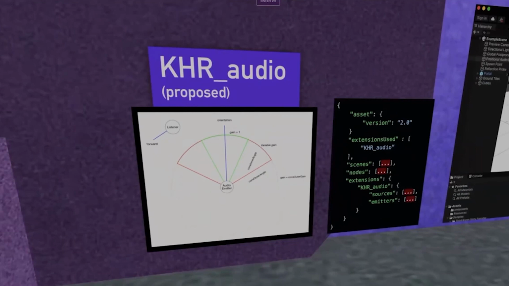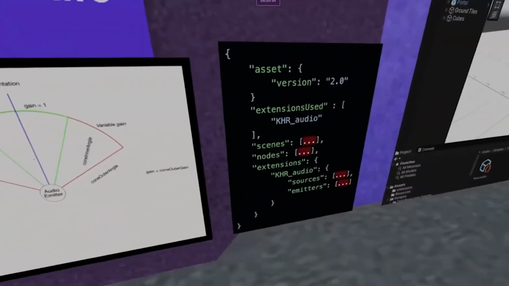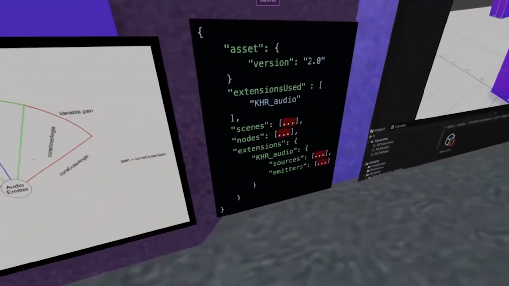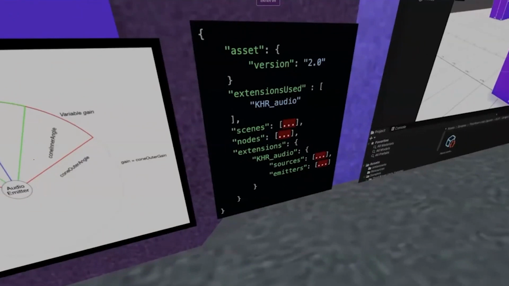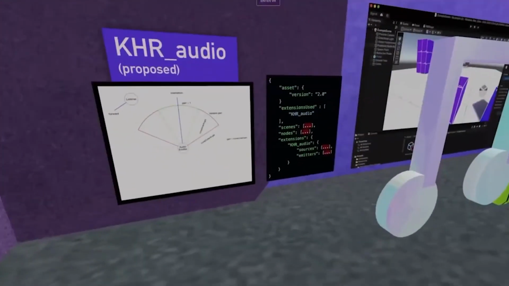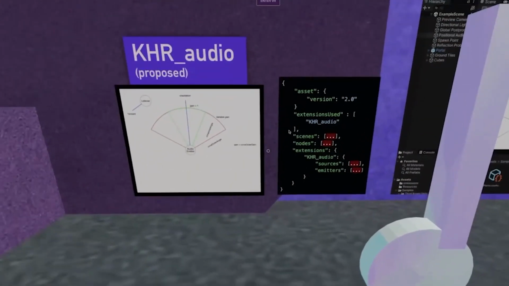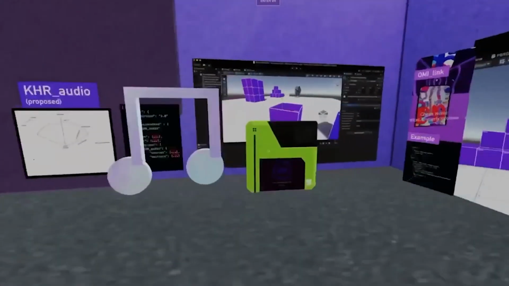So if you're building something super specific that's catered to one specific thing, or one's your experience, you can create vendor extensions that are very similar to these, where KHR audio could be your company underscore audio, and you can have your own audio filters and maybe reverb and all kinds of cool effects, whatever you want to do. Or that can be added in the extras nodes property for your objects.